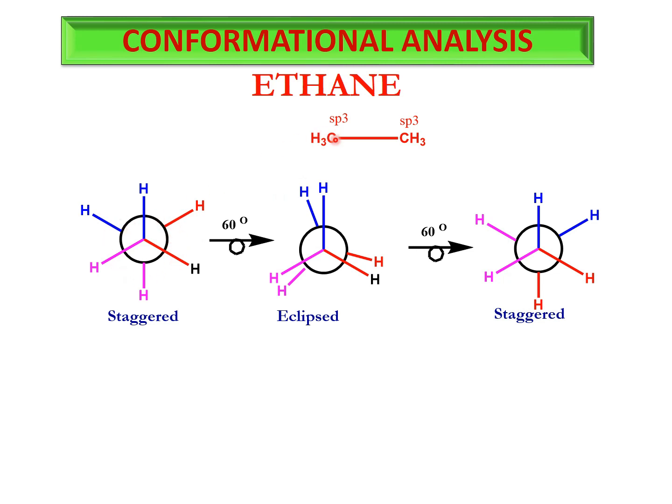Now the one that is closer to you has three hydrogens attached to it, which are shown with a blue, purple, pink and a red color or bond, and the carbon atom that is away from you, or the one that is shown with a circle, also has three hydrogens shown with a red, a pink and a blue line. Now this is the Newman projection for ethane,